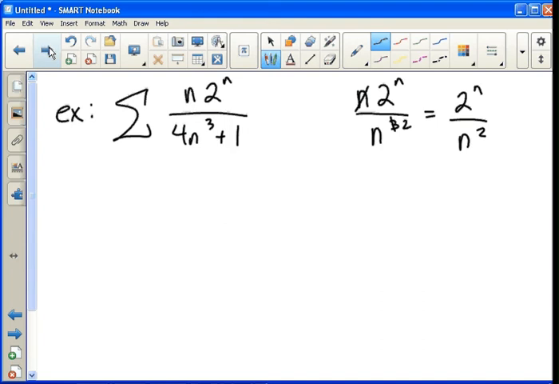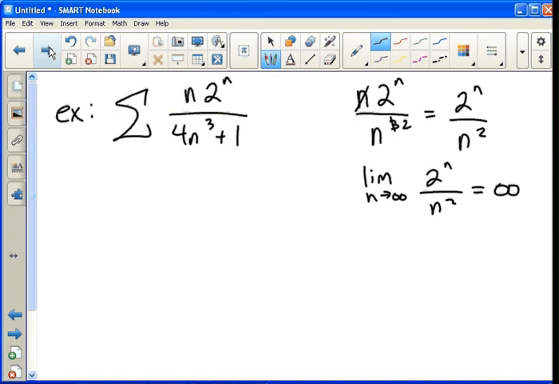However, if we apply the nth term test here, if we take the limit as n approaches infinity of 2 to the n over n squared, 2 to the n is an exponential, and it's going to move faster than n squared on the bottom, which is a polynomial. So since the top moves faster than the bottom, we know the limit is going to be infinity. And the nth term test tells us that if the limit is anything other than